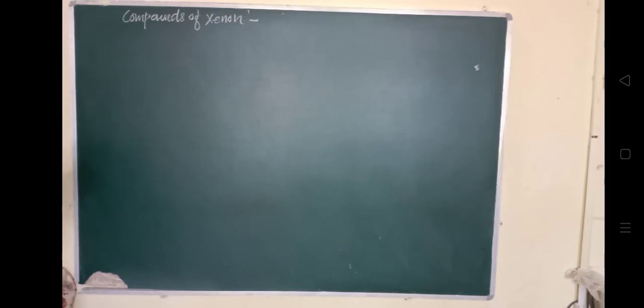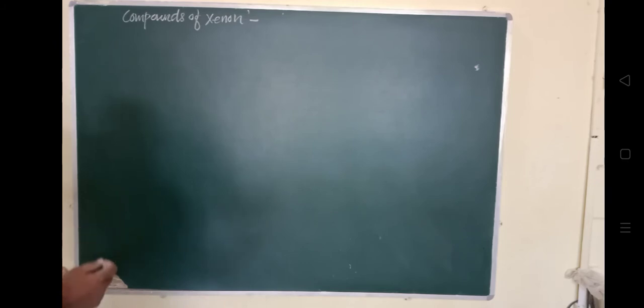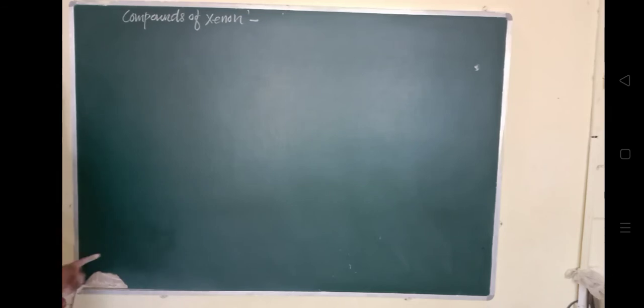That's the reason we are taking the compounds of xenon only. Xenon's ionization enthalpy is less, and it is reactive. That's why we are looking at the compounds of xenon, not other compounds. We studied earlier in this chapter that group 18 elements have very high ionization enthalpy, and due to this property they are unreactive. Understood? Xenon is reactive because of its lower ionization enthalpy.